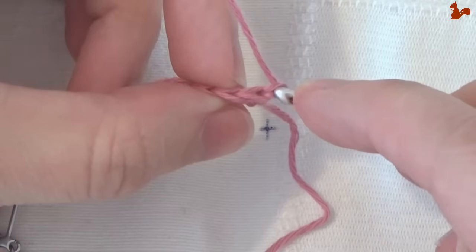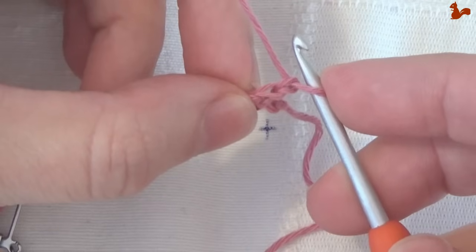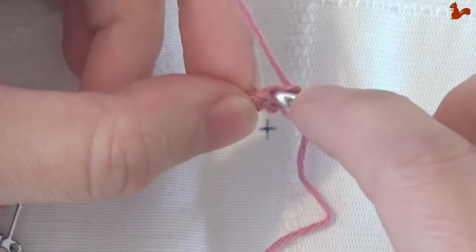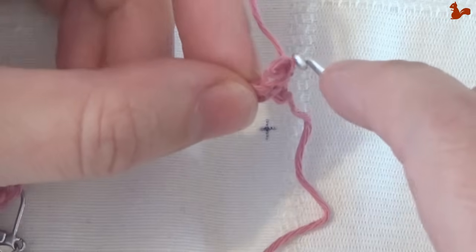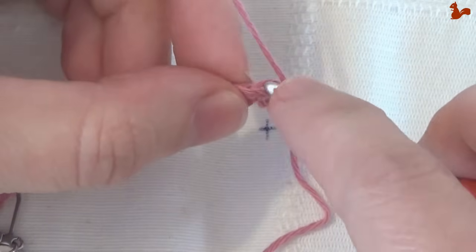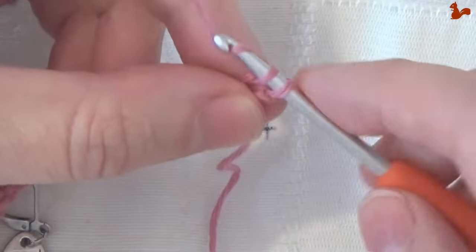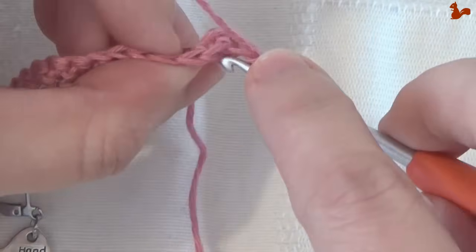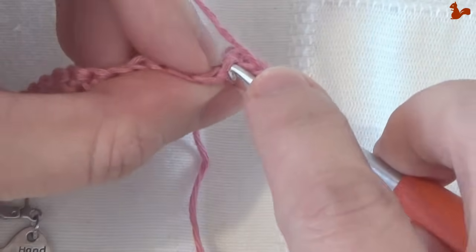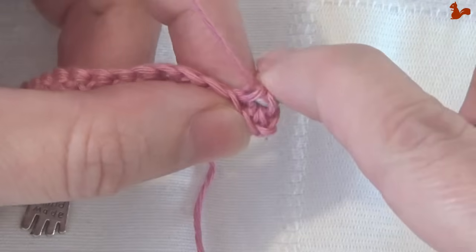You're going to skip that, come to the second V that you can see, but it's the first actual stitch. Then in the back loop, work a double in the back loop only. So that's your first double. And then you're going to work in the back loop only, a double crochet on every stitch until there is